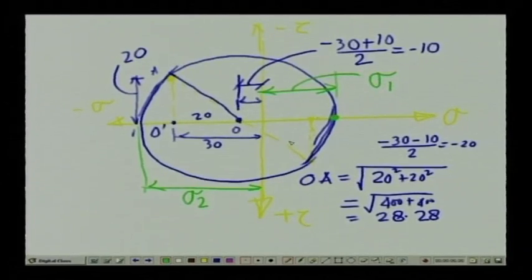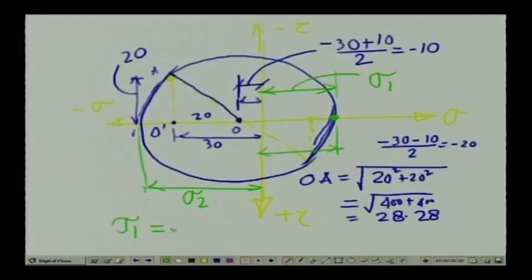It is the distance from here to here, which in terms of the Mohr circle is the radius minus this. Here the radius is 28.28 MPa and this is 10 MPa. So, this is going to be equal to 18.28 MPa. So, sigma 1